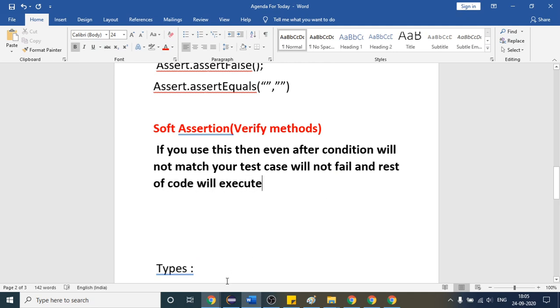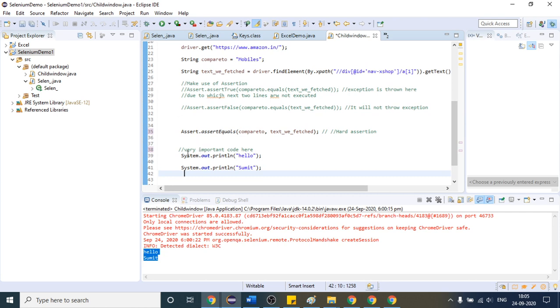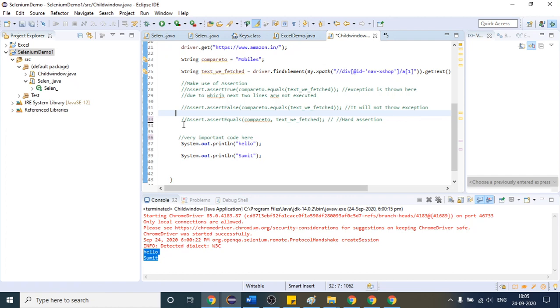So how we are going to see it here: let me again copy this code. Okay, let me comment this. So this time I will use soft assertion in my code.